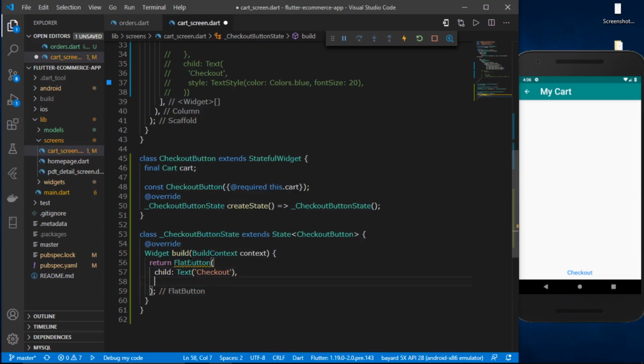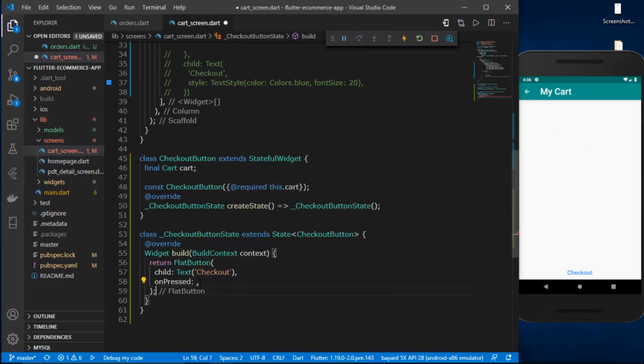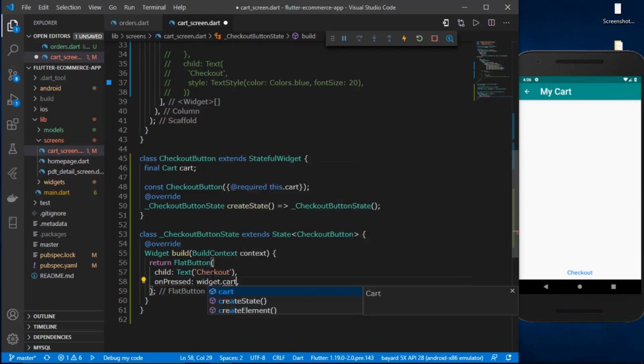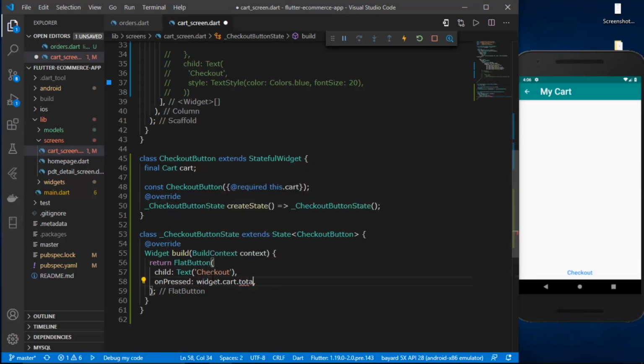Okay, and we also need the on press option, and inside this on press option, now we have to check if there are items present in the cart or not, so that we will be able to check out. So for that, we'll just access it by widget.cart.totalAmount,